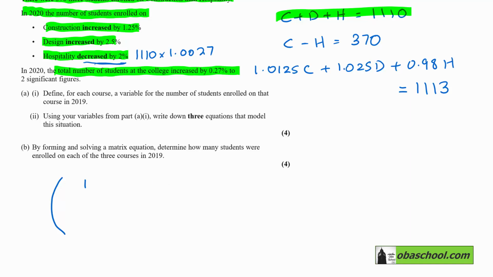I'm actually going to spread that out a little more because of the large coefficients in the last equation. And then for the second equation, we get 1, 0, negative 1. And for the third equation, we've got 1.0125, 1.025, and 0.98. And then if we multiply that by C, D, and H,